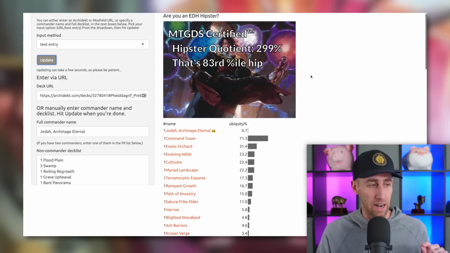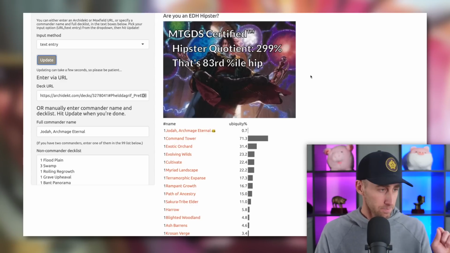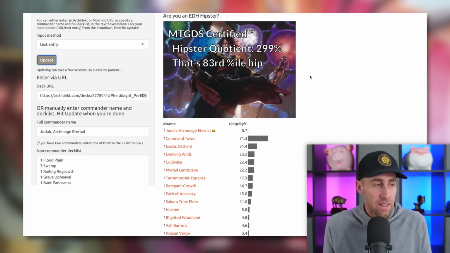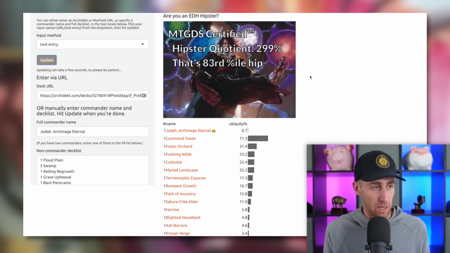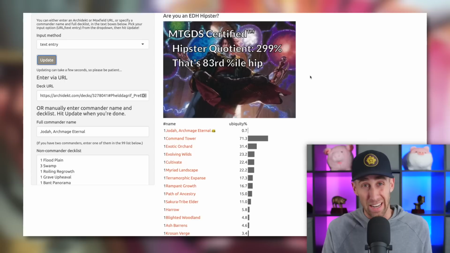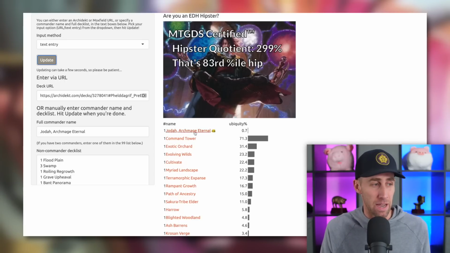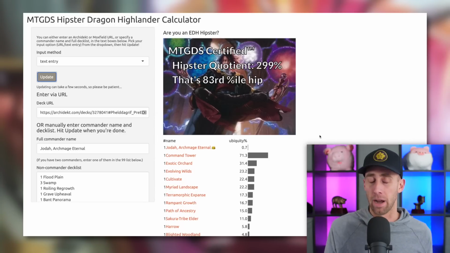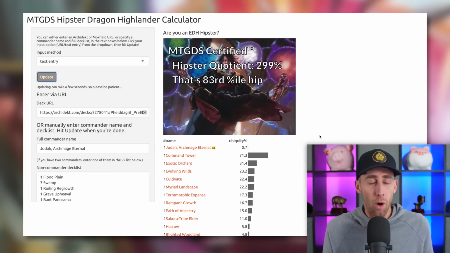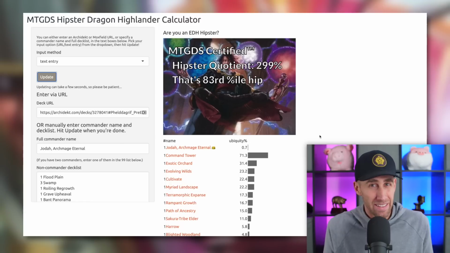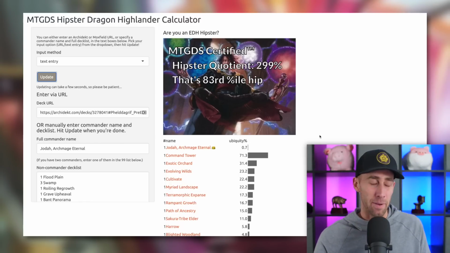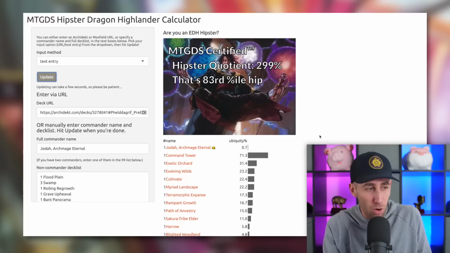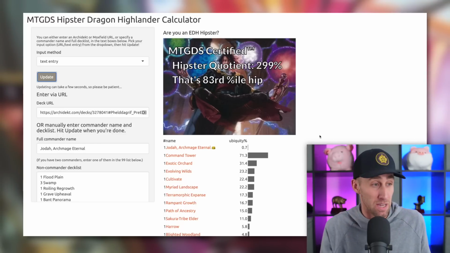Now, there is one thing that I did notice, and I'm noticing with this again, that I somewhat disagree with, but I understand. When it comes to hipsterness, I would probably take lands out of the consideration, because, like, Command Tower, I guess technically you are more hip if your five-color deck doesn't run Command Tower. It's like, okay, good for you. But I guess I would maybe go about it as hipster minus lands. Not that I'm criticizing this, I'm just saying that,